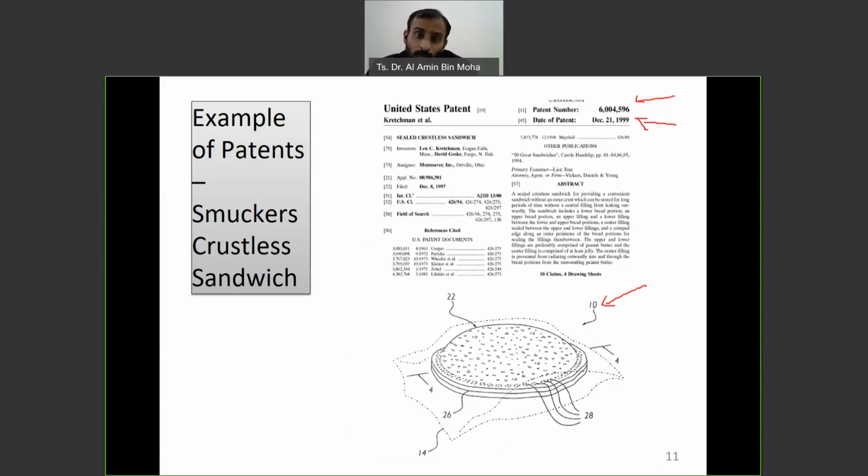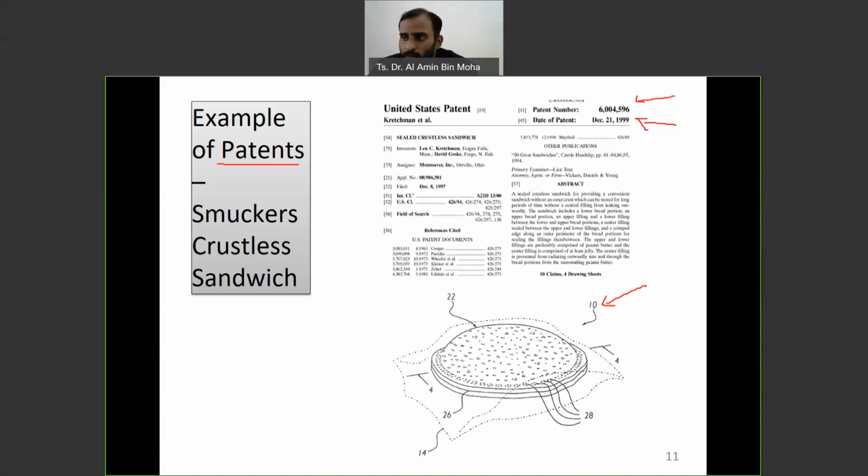So if your company, your organization, innovates something, you have the new technology, or you improve the existing technology, it's a matter of documenting it and then applying for the patent. So you secure the right, and then later on you can use it for your business purposes. So that's patent.